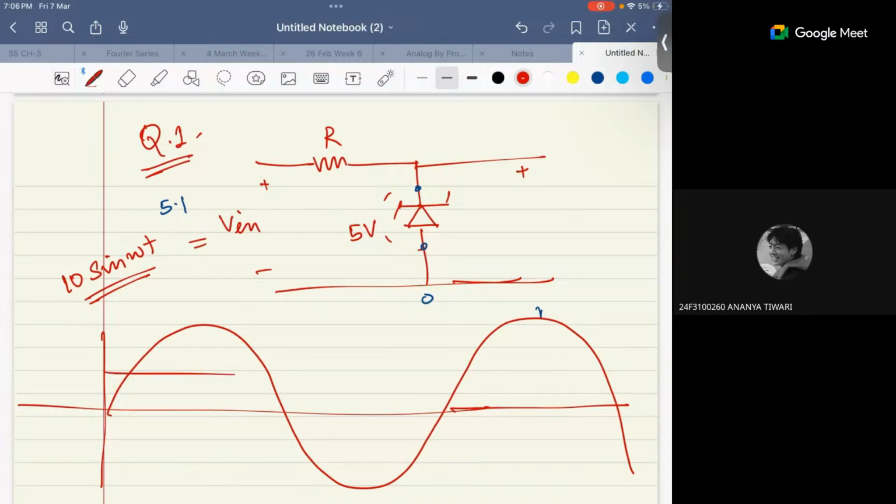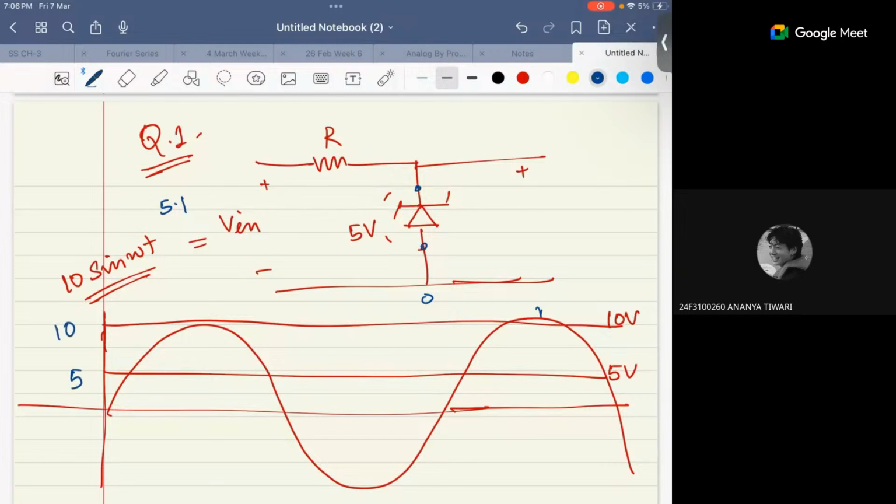Let's for example, this is 5 volt, this is 10 volt. Now what I'm trying to say is, this V input is from 0 to 5 volt. What did I say? This Zener diode can work in 3 states. One in reverse bias, and in reverse bias it can work in 2 states: reverse bias without breakdown, and reverse bias with breakdown,